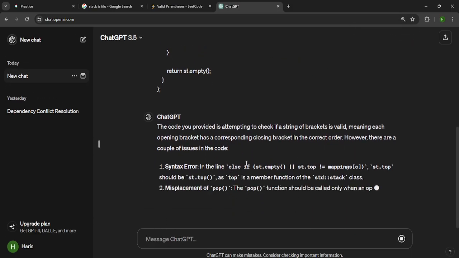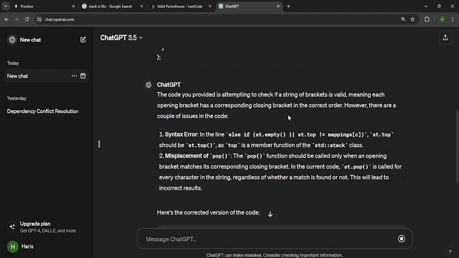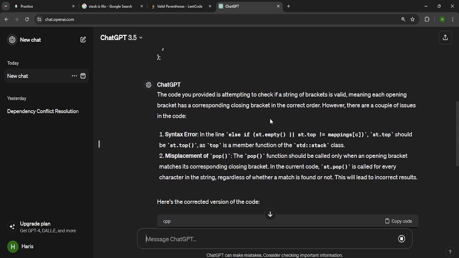So the code you provided is attempting to check if a string of brackets is valid, meaning each opening bracket has a corresponding closing bracket in the correct order. However, there are a couple of issues in the code. Syntax error. In the line else if st.empty or st.top not equal to mapping sub c, st.top should be